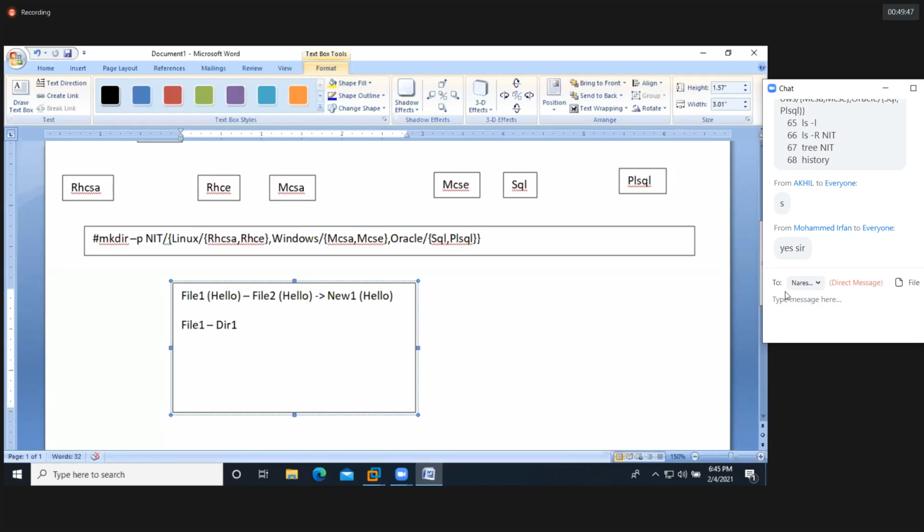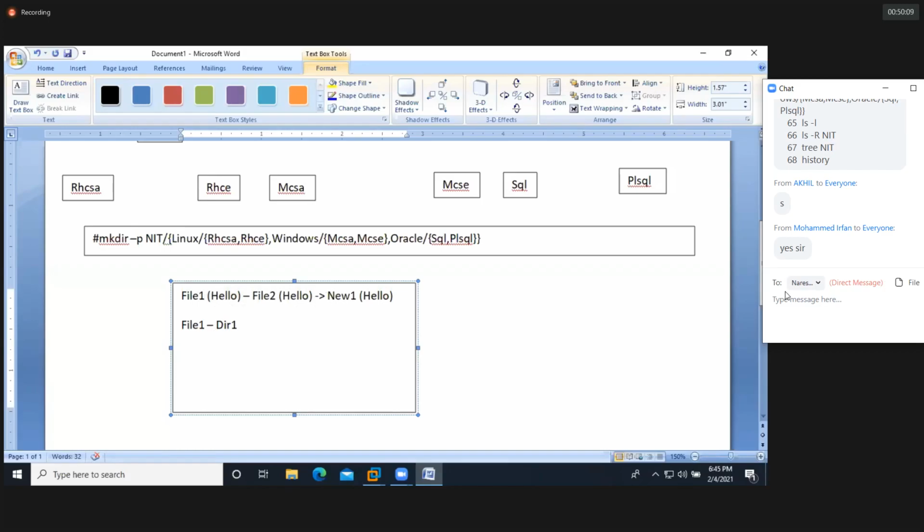Always it's possible. Maybe I have MP3 song files, video song files. I can keep all these files in a folder. In the same way, there's file1, and I can copy this file1 into dir1. Directory means folder here. Here we call it directory. In Windows we call it folder.